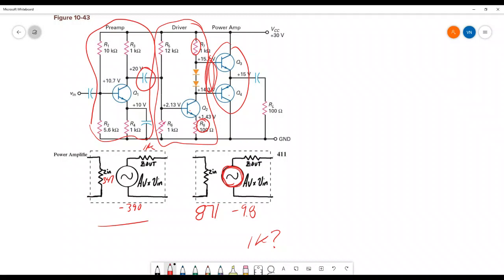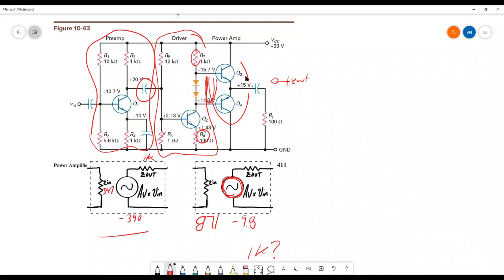are DC coupled. And when you look at Z out here, when you look at Z out coming in here, you actually end up working back through this amplifier here and including R7, which is the 1K. So if we do these as separate amplifiers, then this guy here is in there twice. It's in there as a Z out of this stage. It's in there as a Z out of this stage. And it's in there also included in the Z out when you look back on the push-pull amplifier. And that would result in 2